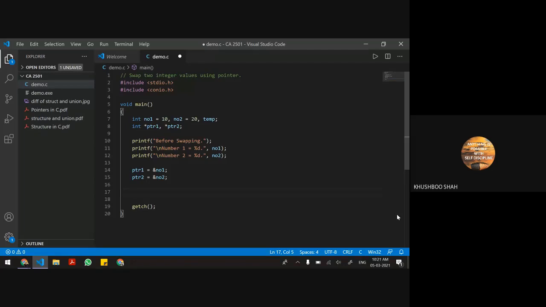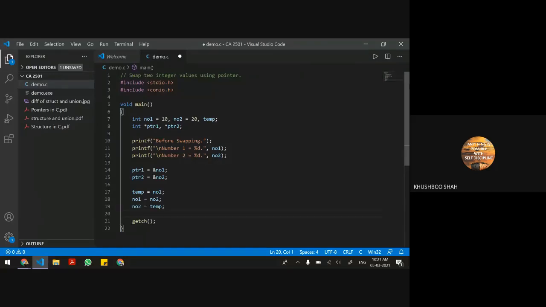Temp is equal to NO1, that logic. Okay. And now print both the values again, number 1 and number 2.